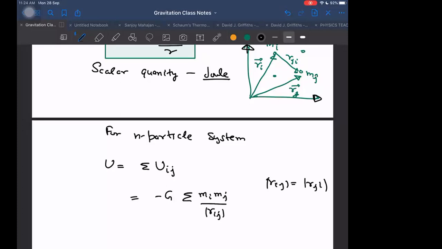But there's a problem in this. What is the problem? There are two summations. First of all, here we are summing over i, and we are summing over j. Both we are summing up. We can just write it as sigma, but we should understand that we are taking i as well as j. But here, one thing we have to be careful about. If I do that, then I will be getting not the potential energy, but twice the potential energy.